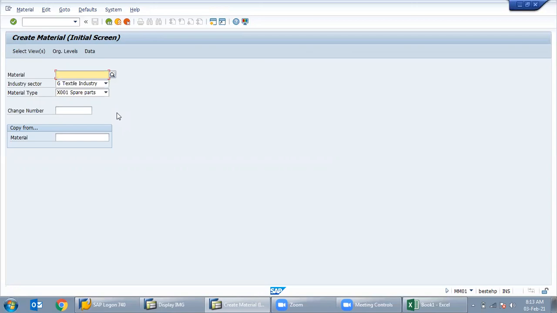Definitely, we will go with the integration, but we are going in the flow. Each and every integration will come in the scenario after some time. So it automatically comes that here we will integrate these modules. Today it came how FICO is integrated with MM, with the valuation class. Tomorrow, when I am teaching the vendor master, how it configures the account groups and how to assign number ranges for account groups, that part will come.